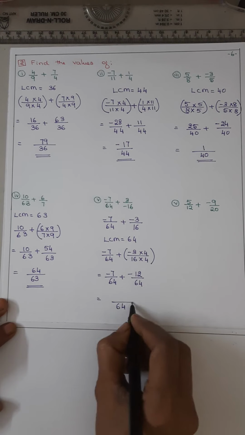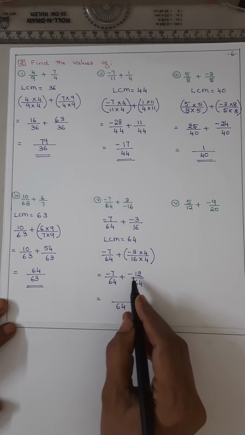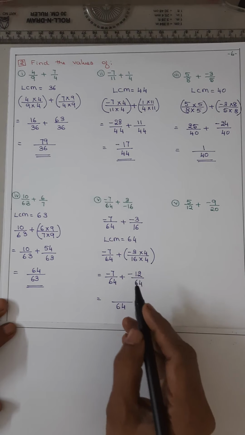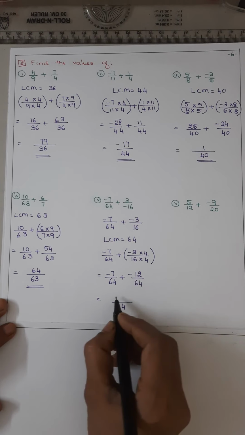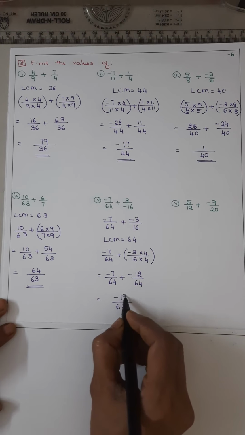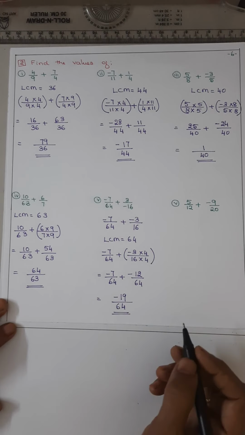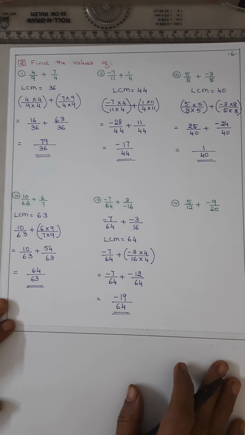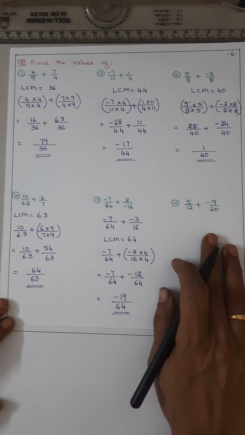Denominator is 64. Numerator, both are negative, so you have to add. Sign is minus. 12 plus 7 is 19. Answer is minus 19 by 64. Now coming to the